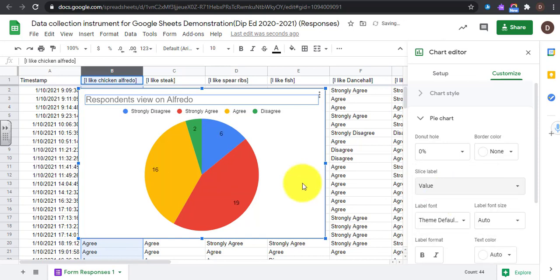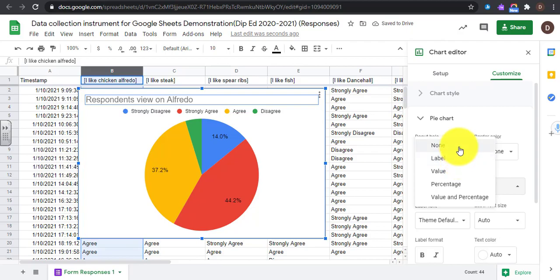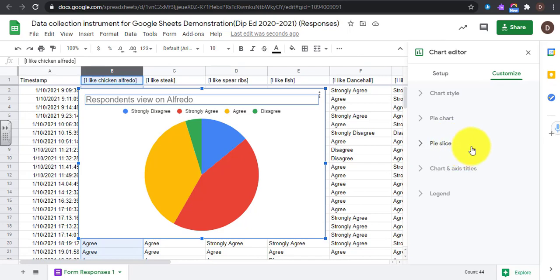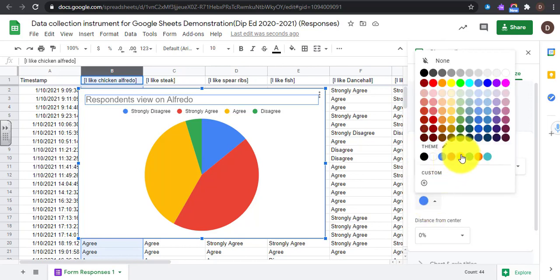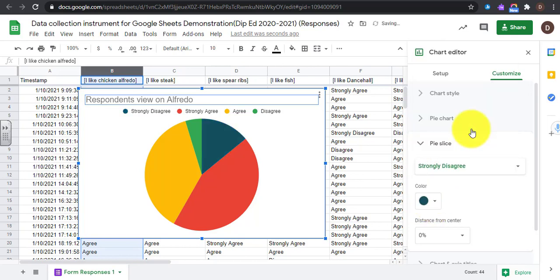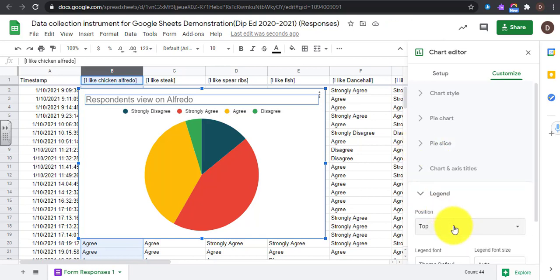I can put values on the slices as well. I can put percentages on the slices. I can change the colors if I don't like the colors as they are. So I can make strongly disagree, let's say black, for example. Well, yeah. And if I want to revert to what I had,